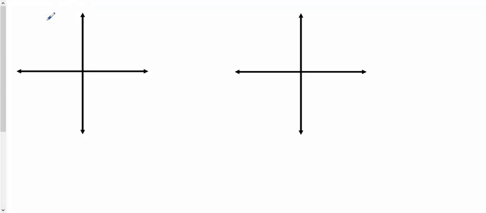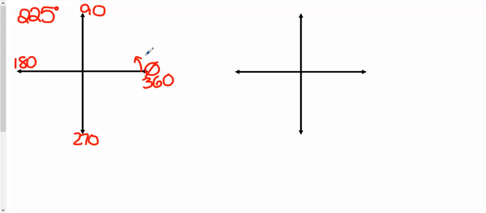All right, so let's graph up two angles onto these coordinate planes. The first one I'm going to do in red here is going to be 225 degrees. Now it's positive. So remember that 0 degrees always starts from the right-hand side. And then positive means counterclockwise. So if this is 0, then this is 90, this is 180, this is 270, and we're back at